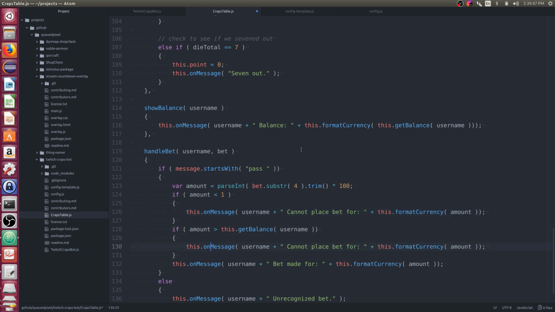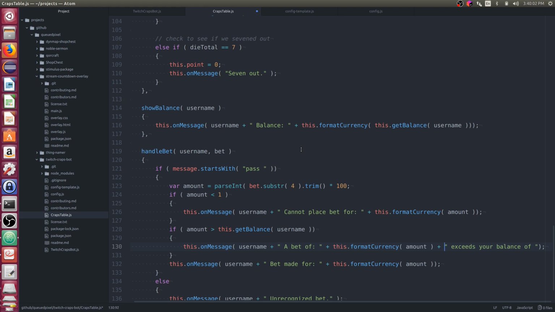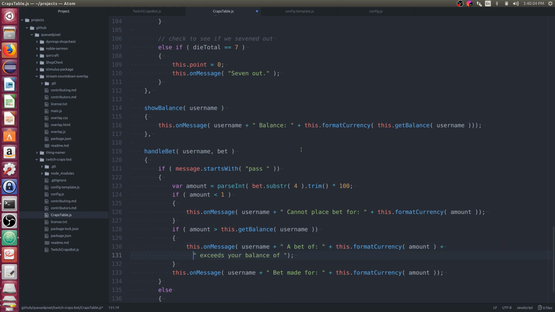Let's say username, a bet of blah exceeds your balance of this dot format currency, and we'll do this get balance username.